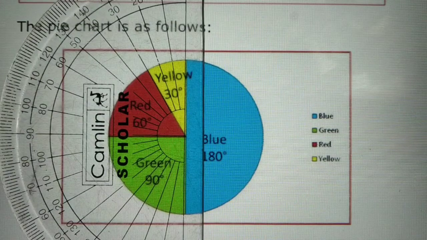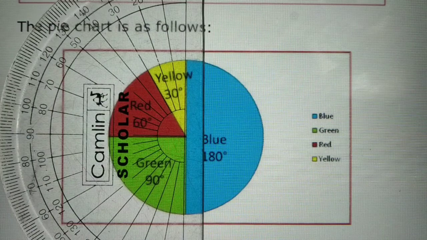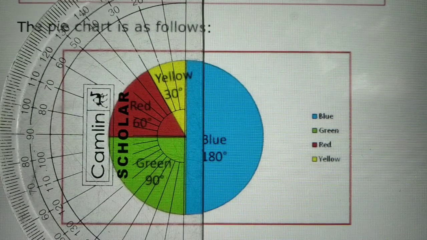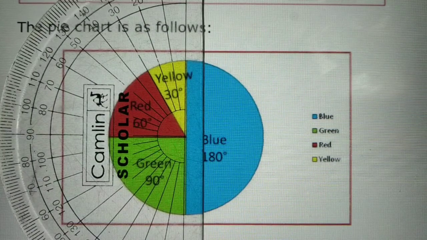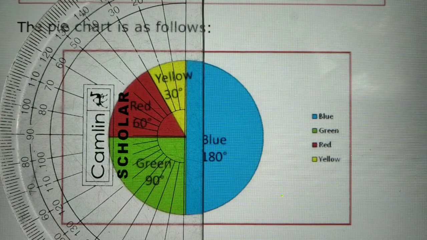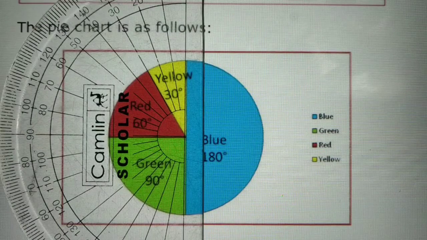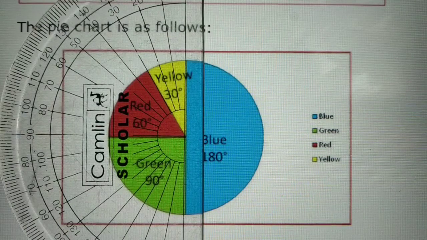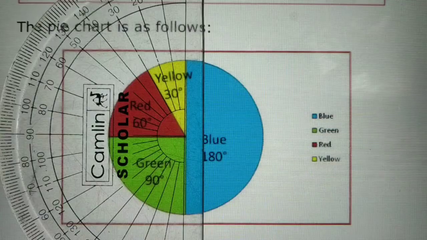So you can place the protractor in this way and just count the angle. If 30 is required or 60 is required or 90 is required or whatever angle is required, by considering any radius or the diameter as the base, you can draw the different angles, but their total is always 360 degree.